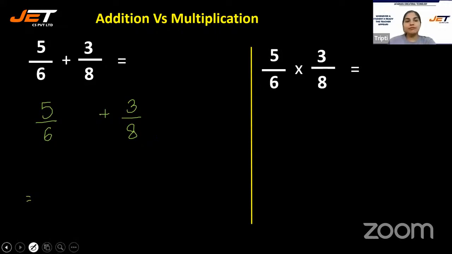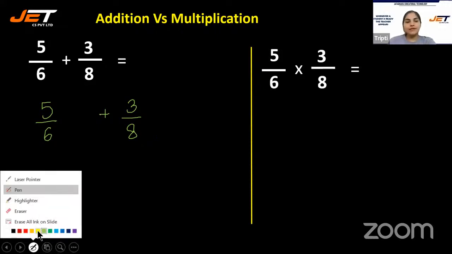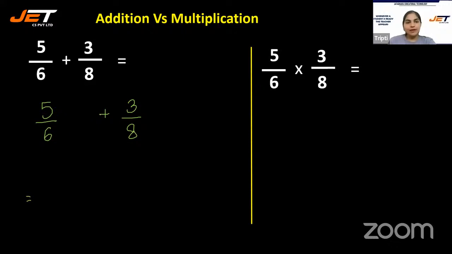So multiplying the first fraction with the denominator of the second fraction in order to make the denominators the same, in order to make the fractions like, and the second fraction with the denominator of the first fraction. So 5 times 8 is 40, 6 times 8 is 48,